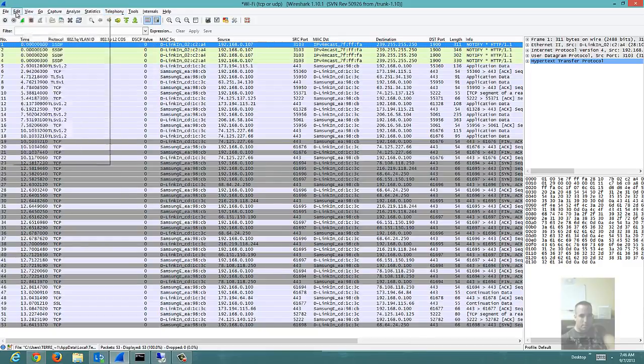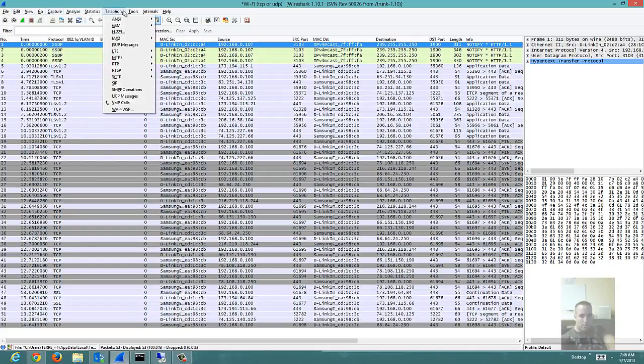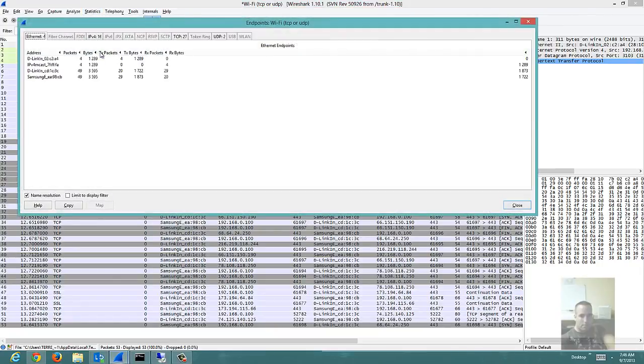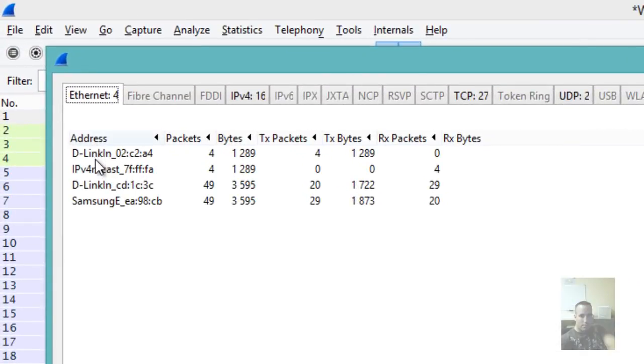While we're going over the menus, I'll keep going. One of the things that I do quickly as soon as I get a trace is verify a couple of things. One is that it has the devices or the traffic that I'm looking for. The way I can do that is I can go to Statistics, and then I believe it's Endpoints. Yes. So Endpoints, here by looking at this window, I can tell that I have traffic